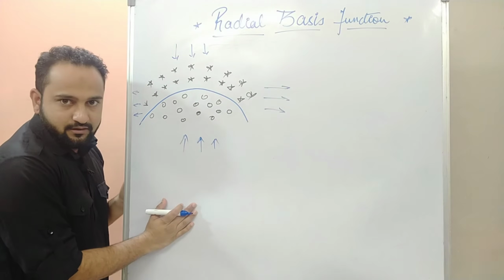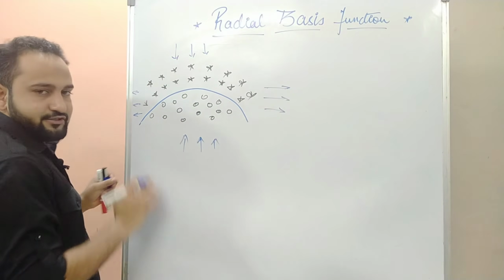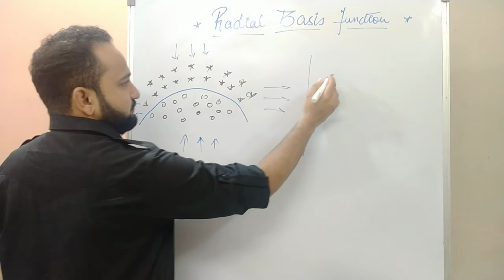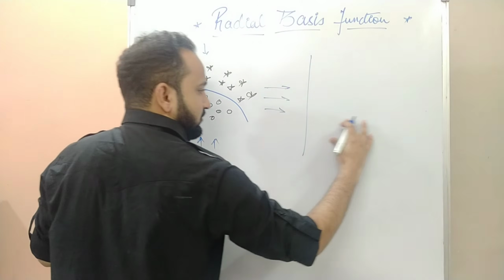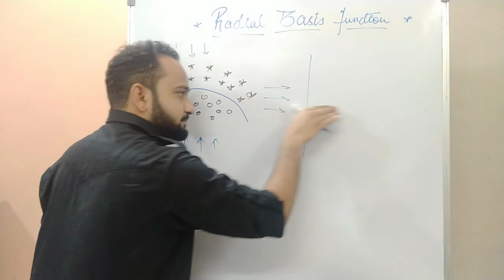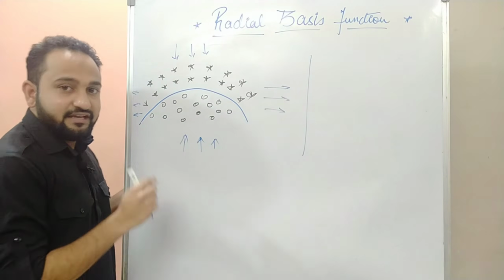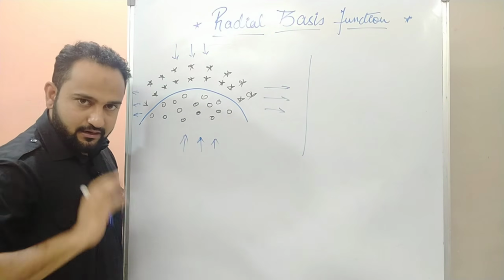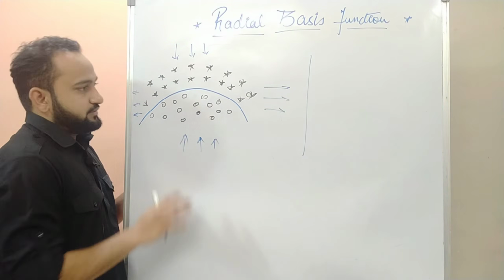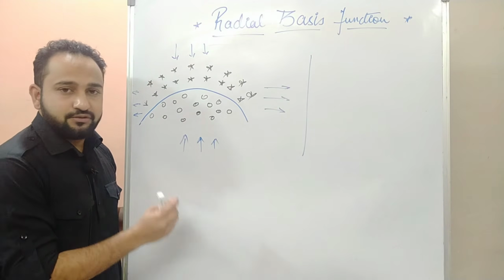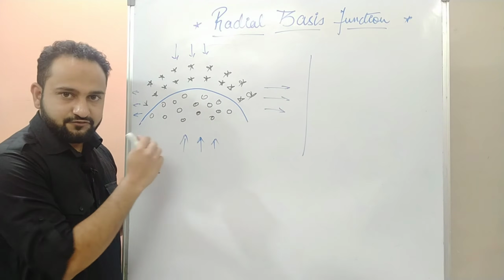What will happen? After expanding to a certain value, you will get all stars here and all circles here. So you can simply draw a line and linearly separate the data. Are you getting it? So that is the second step and the most important step of radial basis function.